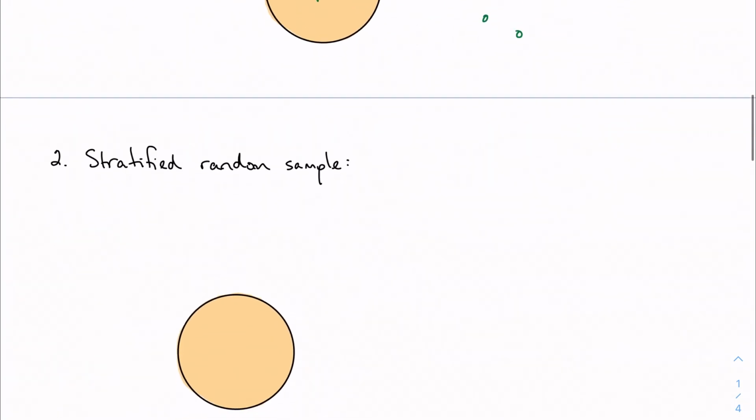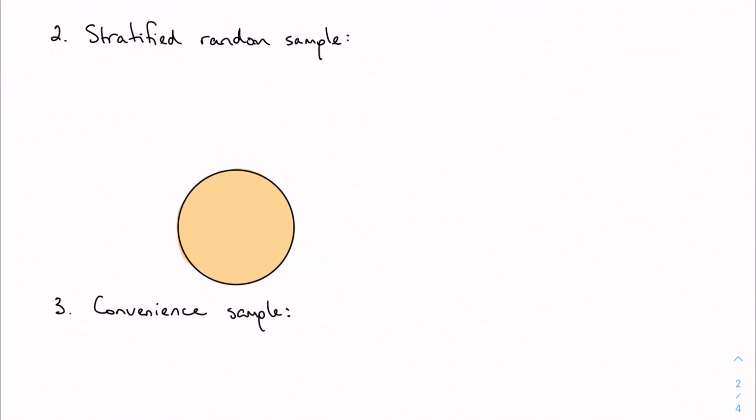Well, that's great, but this introduces the question of making sure that I'm really getting a good representation here. Well, in order to make sure I'm covering all my bases, I have what we call a stratified random sample. And we start by splitting the population into what we call non-overlapping groups.